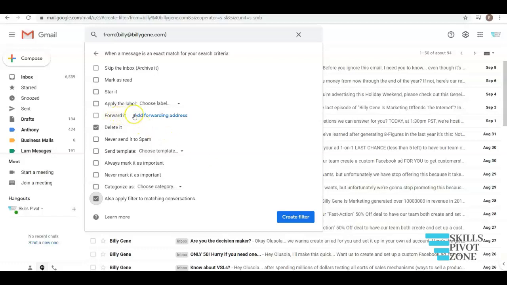You can automatically forward messages to a particular forwarding address. You can click on never send it to spam. You can also send this message as a template to another recipient. So these are all the tasks that you can set the filter feature to automatically complete for you without your manual intervention. Yeah, that's it about